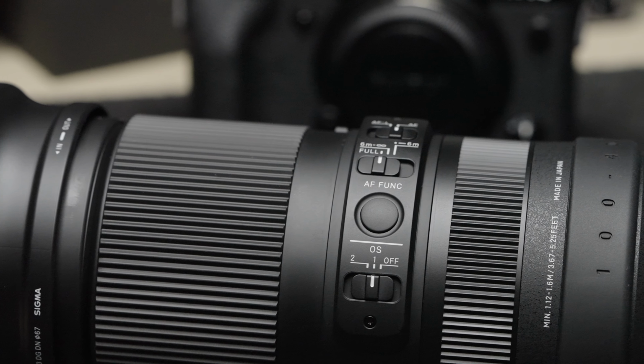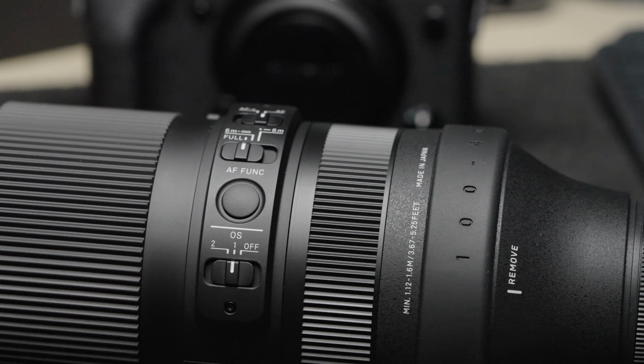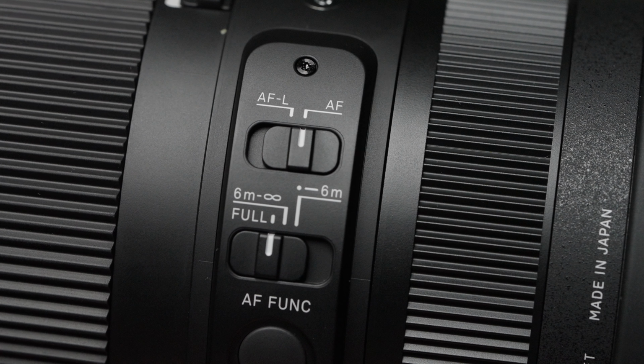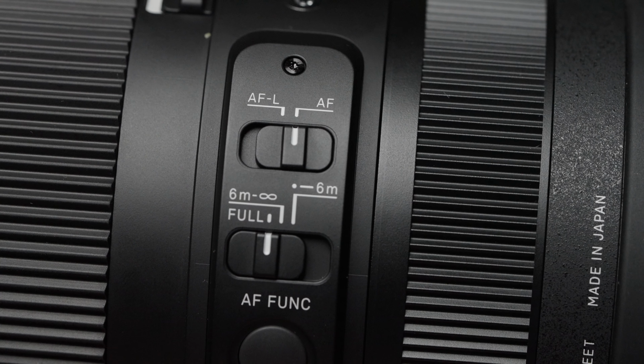On the side of the lens itself, we have our little function alley. The top switch is the AFL and AF button. Now this is replacing the AF on and off that you find in the Sony E Mount version and the Panasonic L Mount, and that's only because it's the way that Fuji does their focusing system. So you have an AFL, which is a lock, which is essentially switching over to manual,